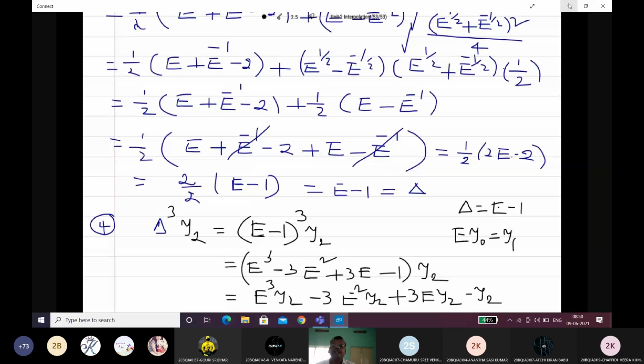Right? Now we have to apply the formula. E cubed y2 means